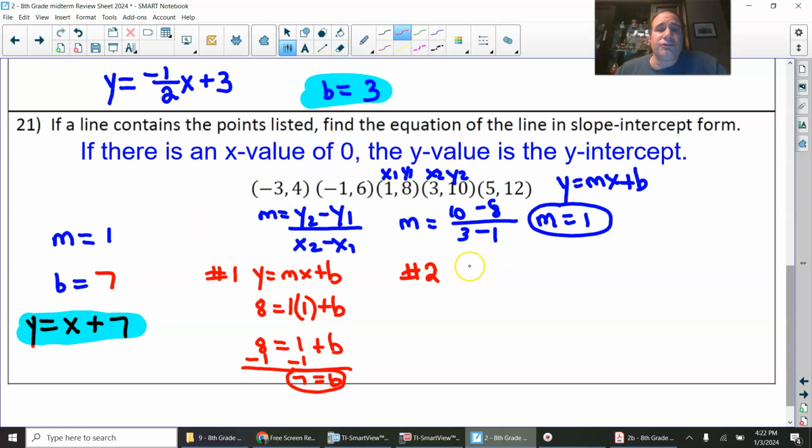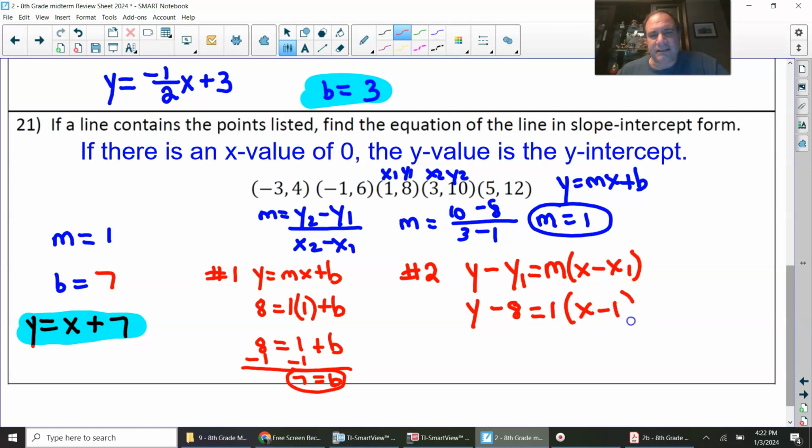The second way is to use the point slope formula, which is y minus y1 equals m times x minus x1. We are not giving you that formula. You just have to know it. All right, so we already have x1 and y1 labeled. So y stays y. y1 is 8. The slope is 1. The x stays x minus 1 as x1. So once you solve this, I like this formula a lot, because once you solve it, that's the equation of the line. You don't have to substitute back in, but either way, whatever way that you feel more comfortable with,